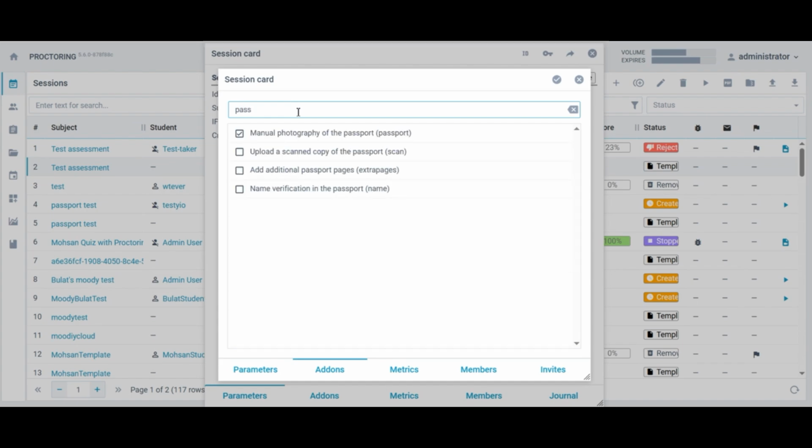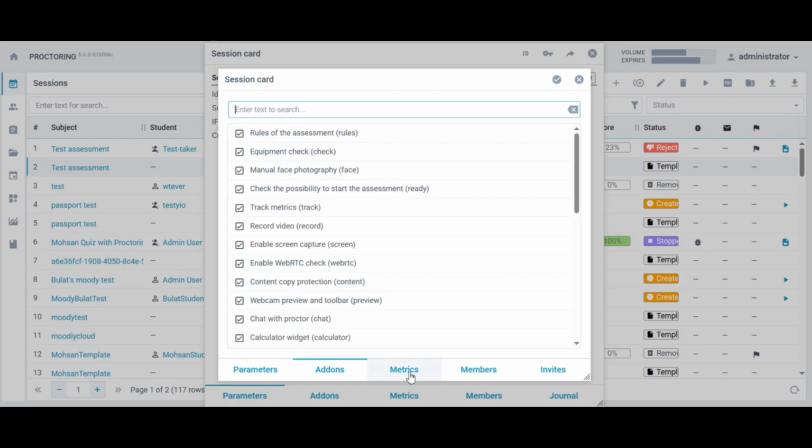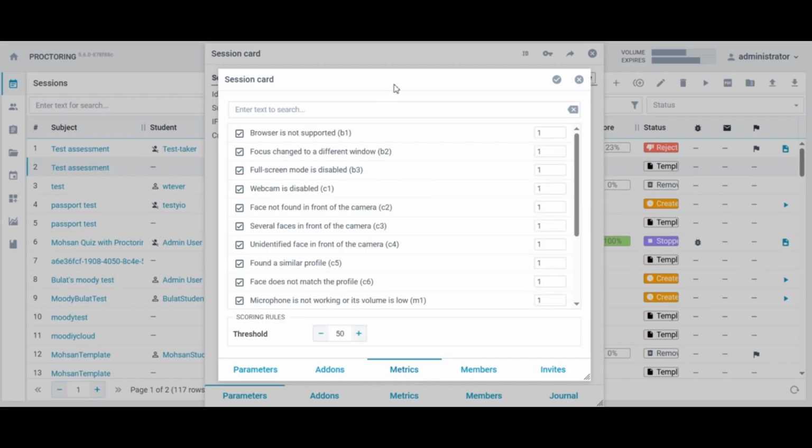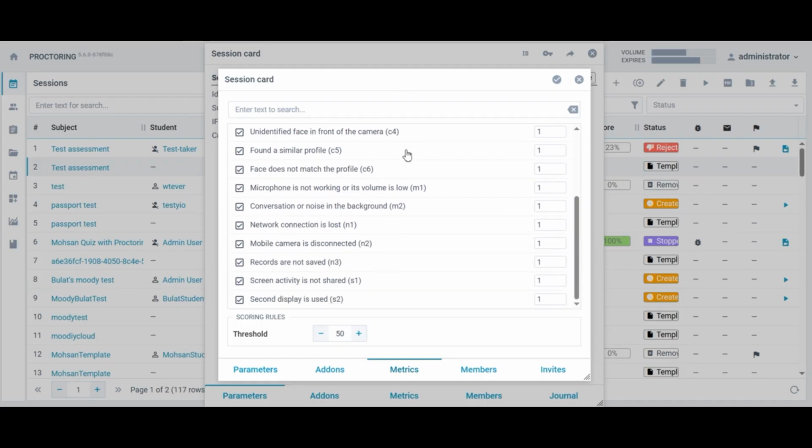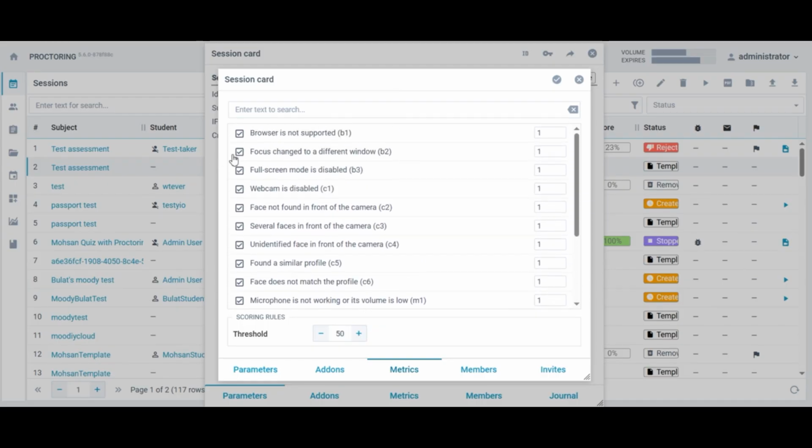These are the essential add-ons used as a baseline, and the administrator can personalize them to match the requirements of each assessment or institution. Metrics are automated indicators that track the test taker's environment and behavior during the session. Each metric produces values based on real-time data, and to be easily monitored in post-assessment, they are codified by a letter and a number. B1 to B3 focus on browser and tab focus, C1 to C6 on camera and face,